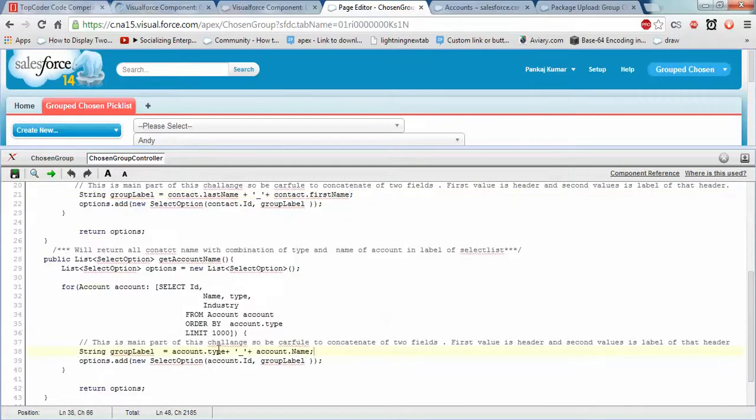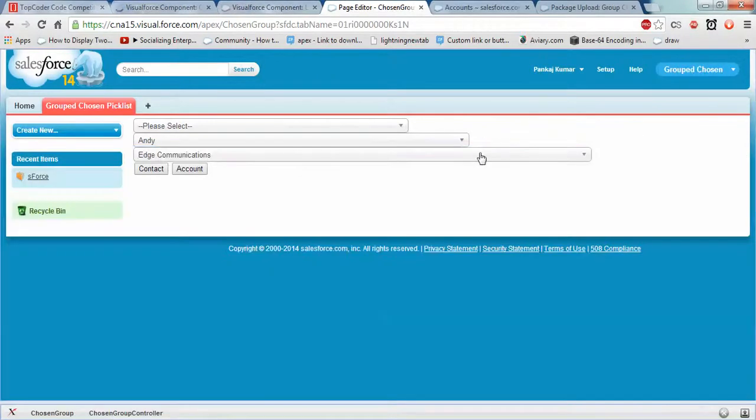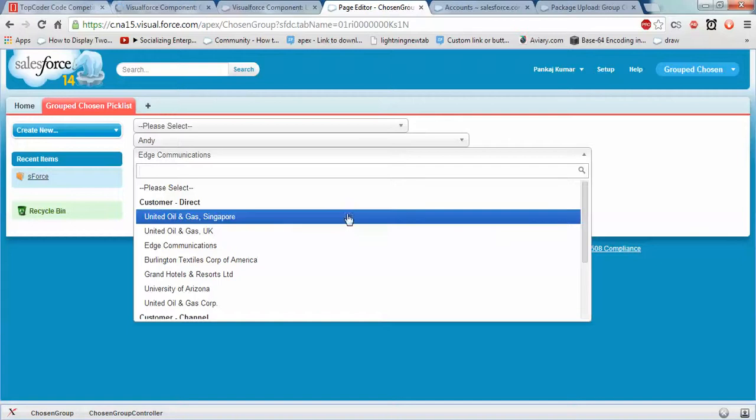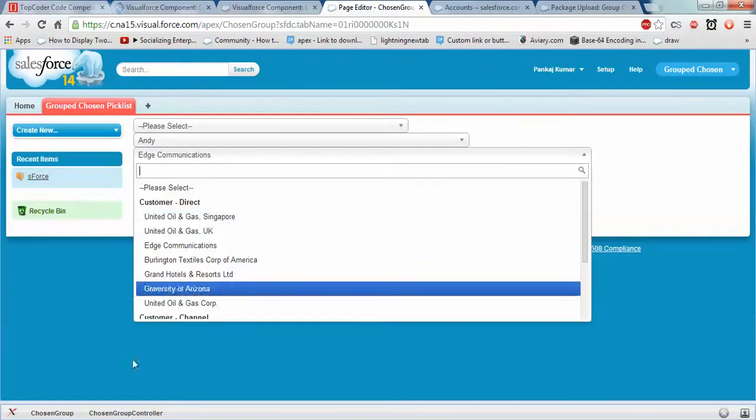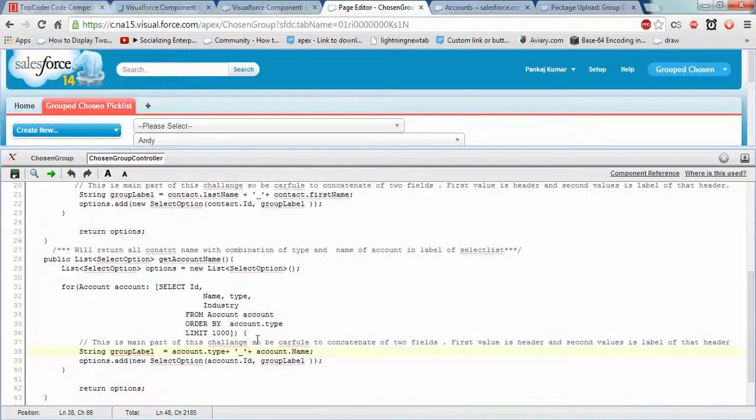So account type will be the header and account names will be the values coming under it. If you want to change this, you just need to change the value here. You can query whatever field you want to categorize, and then you can define that in the picklist. You only need to define it here, and connect it with the hash.